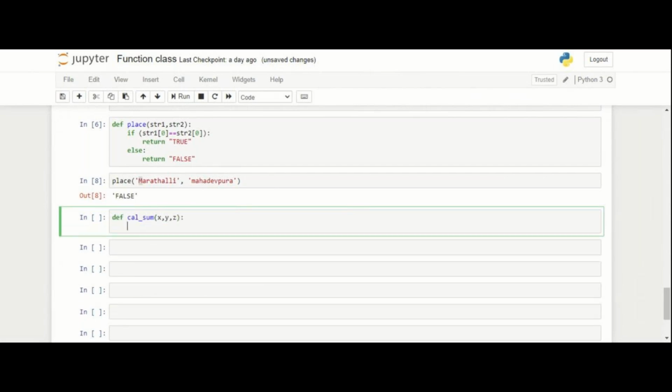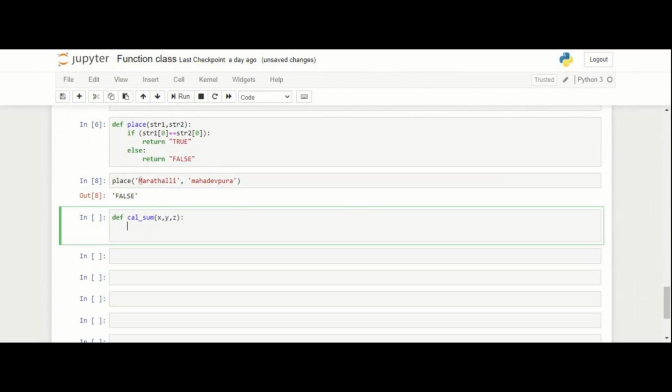Okay, I have passed 3 arguments now, and now I have a condition which says that the addition of these 3 numbers should be equal to 20, right? So what I will do, I will create one new variable.